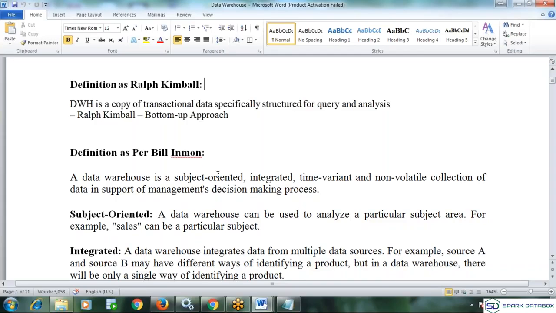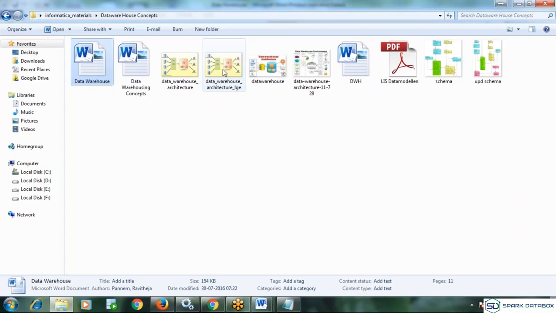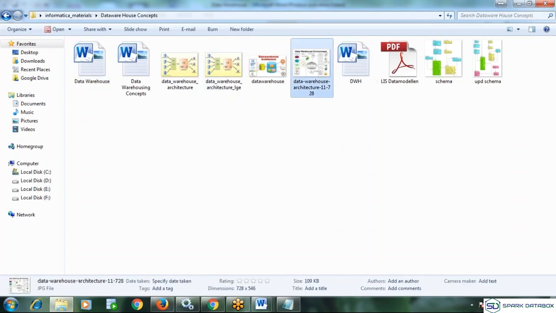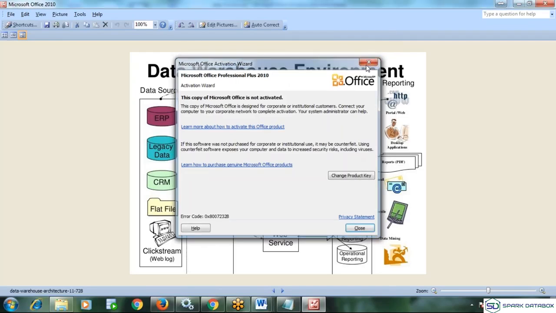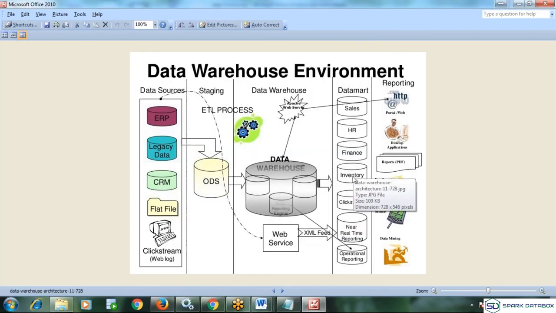That means I can plug in any department when required. Suppose in the previous example, we go with sales, financial, and inventory only. After that, if I want to add HR also, I can simply add HR, relate it to these things, and integrate it together.